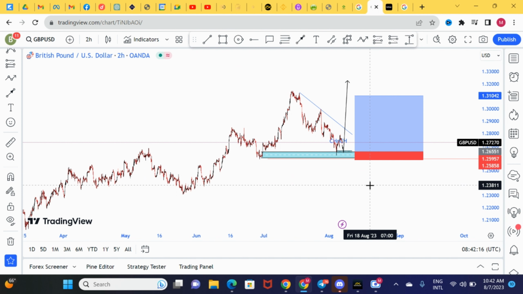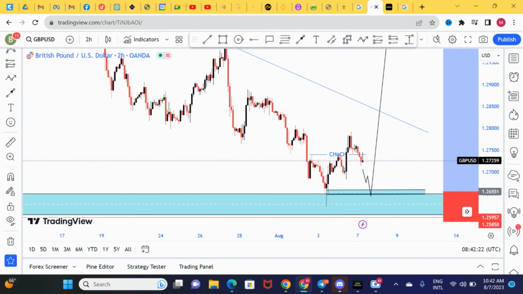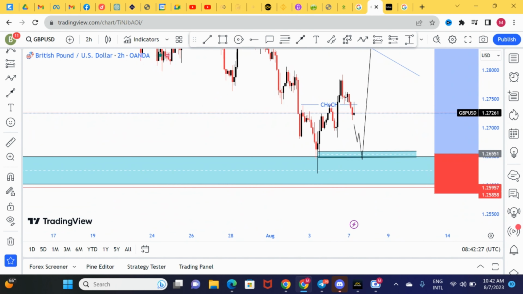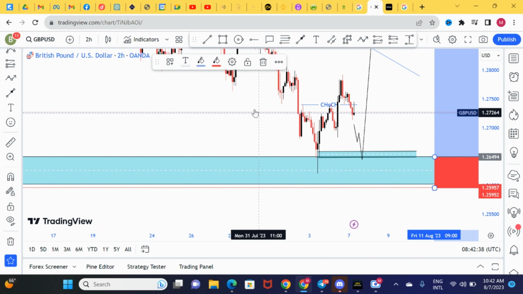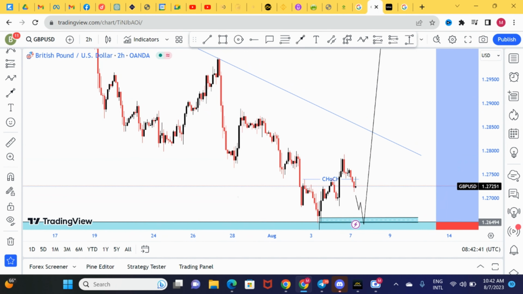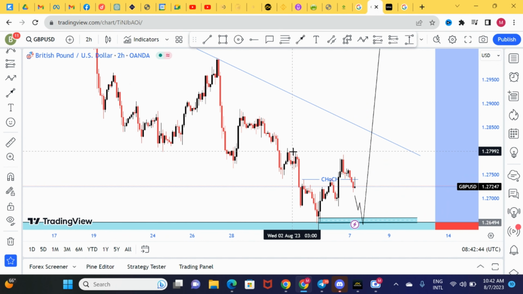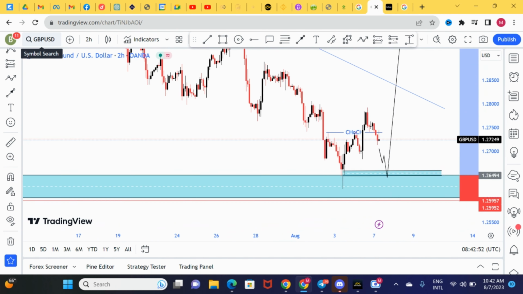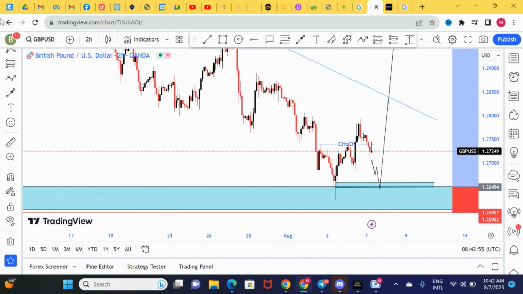That's on GBPUSD. You are free to do this, and of course, look at it from your own perspective also, right? So this is GBPUSD, and this is what I'll be waiting for. I can enter anywhere here. I think I'll just enter here, and then the stop loss will be there. So this is what I'll be doing, ladies and gentlemen. And of course, feel free to find other areas where you can take profit. Others can use those. But that's what we'll be doing on GBPUSD. That's what we'll be waiting for.